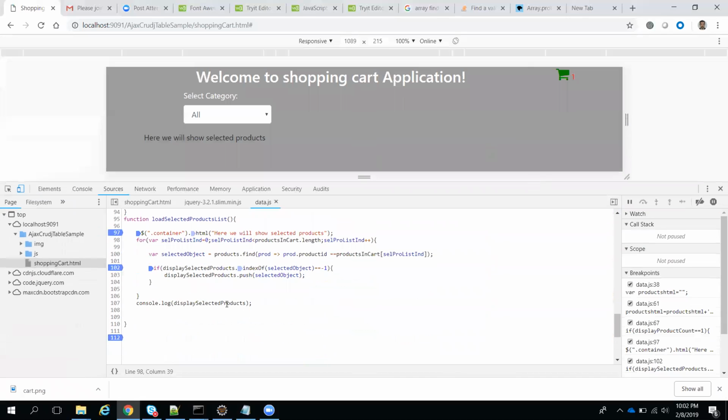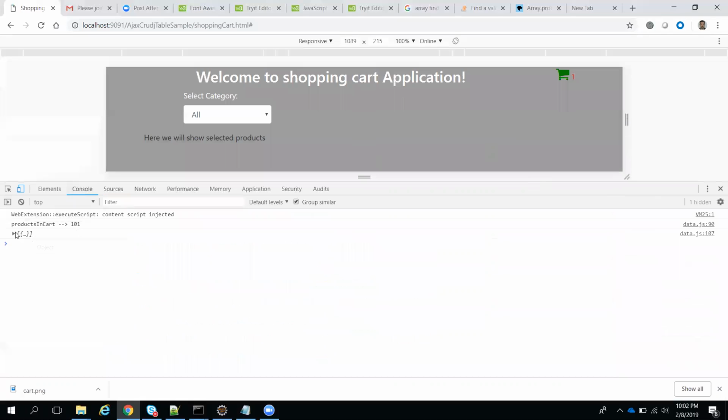It means console.log will print our particular product here. See here, only 101 related will print because we selected only 101. It is printing the 101. Now we have data, you can write your HTML to display it, that is in our hand. So you have data, meaning you can write your HTML whatever way you want. Okay, that is very simple.